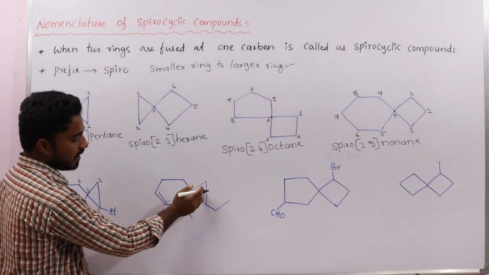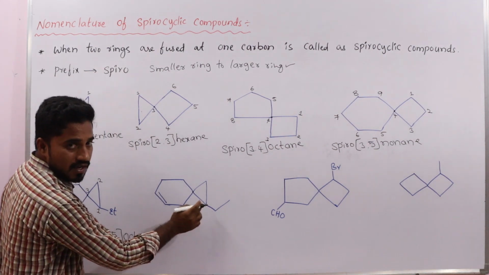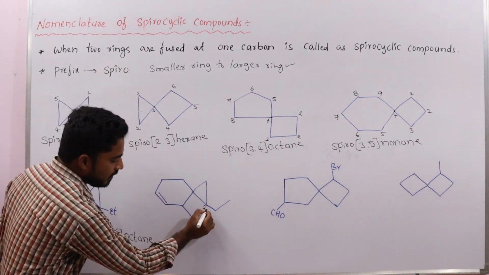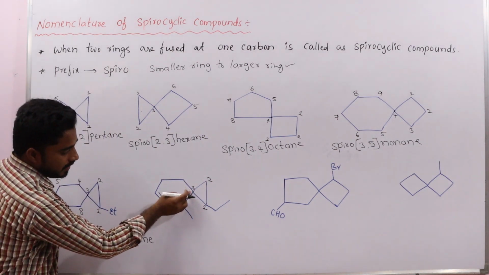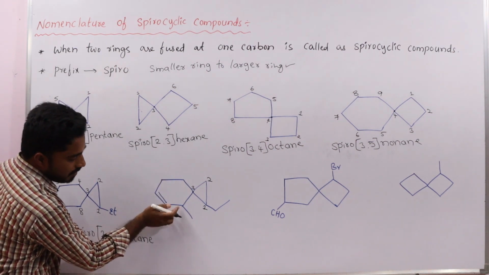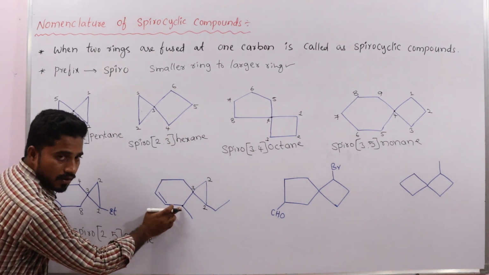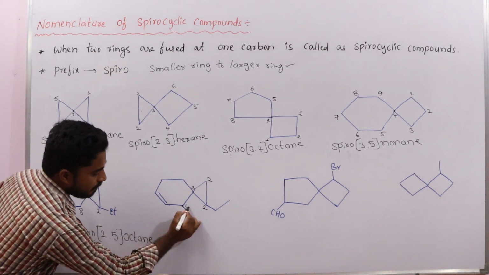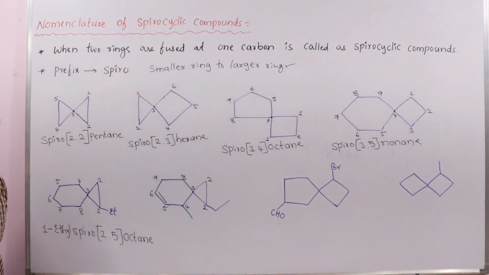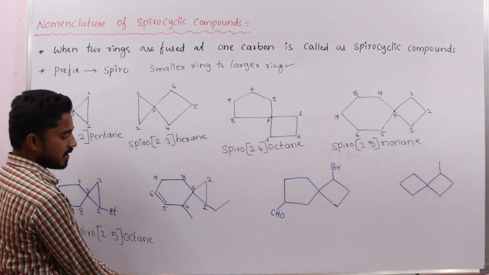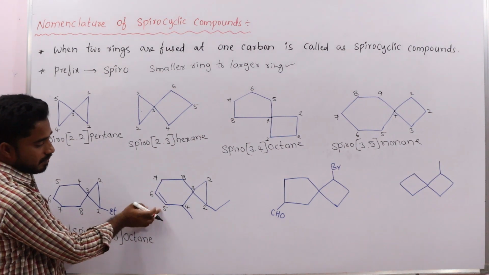Next, in this example, so this is a spiro atom. We have to start numbering from the smaller ring. And from where should we start? From here or here? From here we have to start because it contains substituents. That's why you have 1, 2, then 3. Then 4 for which carbon? This carbon and this carbon. To this carbon we have to give 4 because this carbon has one substituent. That's why 4, 5, 6, 7, 8.